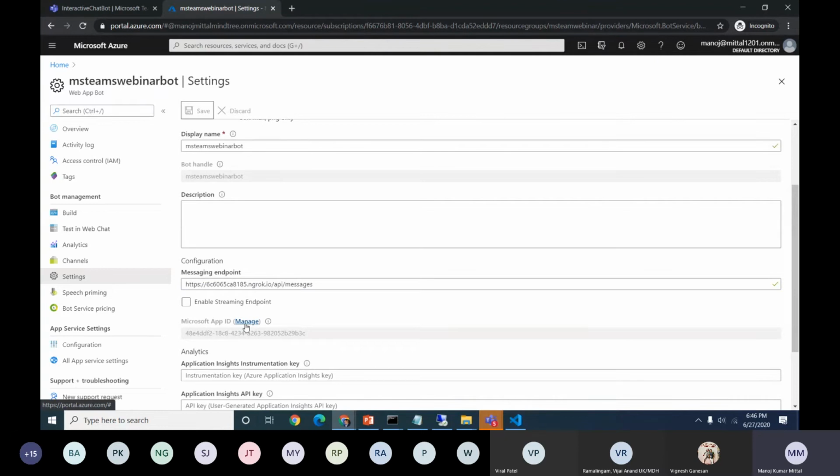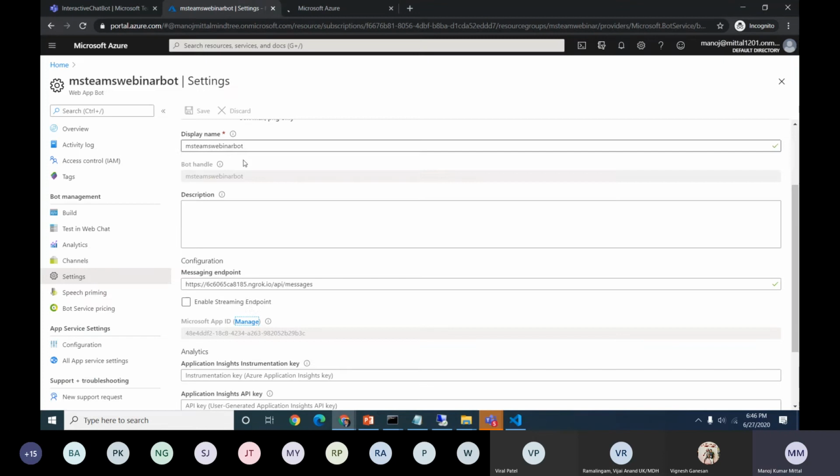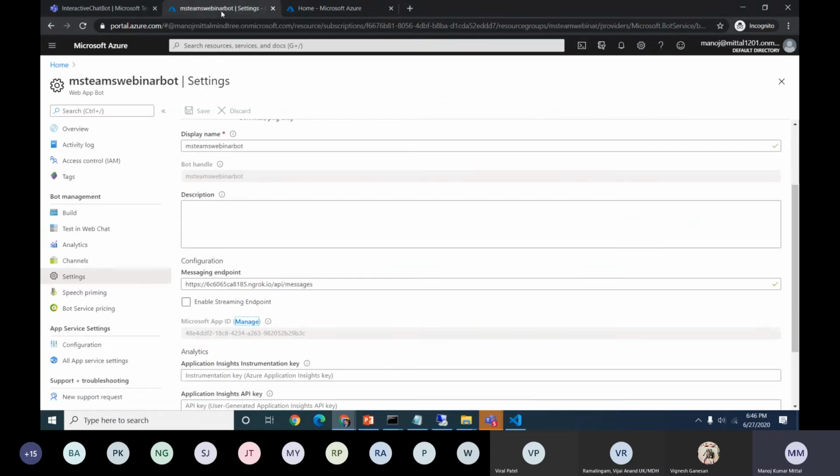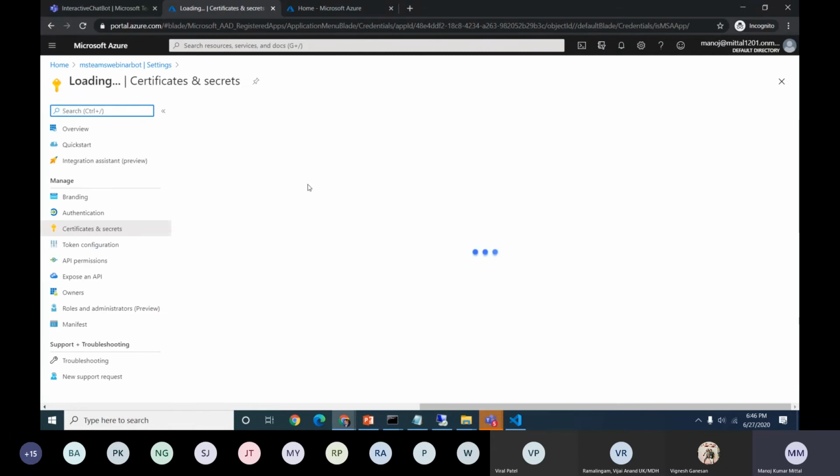So it will go directly to the Azure AD instance. I will just click and show that section also. Let me right click. So if my Azure bot is going to talk with multiple APIs, such as Graph APIs or anything, how do we get the permissions? Because this is the way now. Okay, not coming here. If I directly come here, okay.